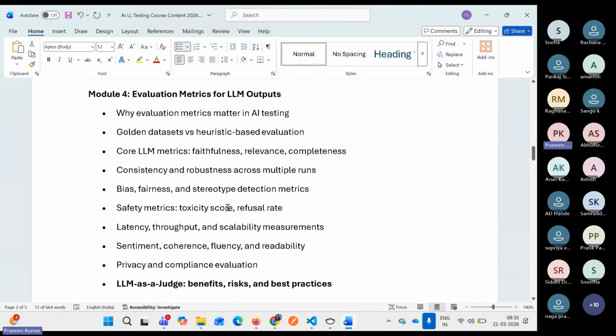Evaluation metrics. If you have heard about LLM testing, whenever you go for testing, it is not known as LLM testing. It is basically LLM evaluation. In terms of normal testing, you say it is software testing. Over here, it is known as LLM evaluation. The broader picture is given as LLM testing, but internally it does evaluation of the metrics, evaluation metrics for the LLM outputs. There are different metrics that we will be learning here, which evaluate whether the answer every time